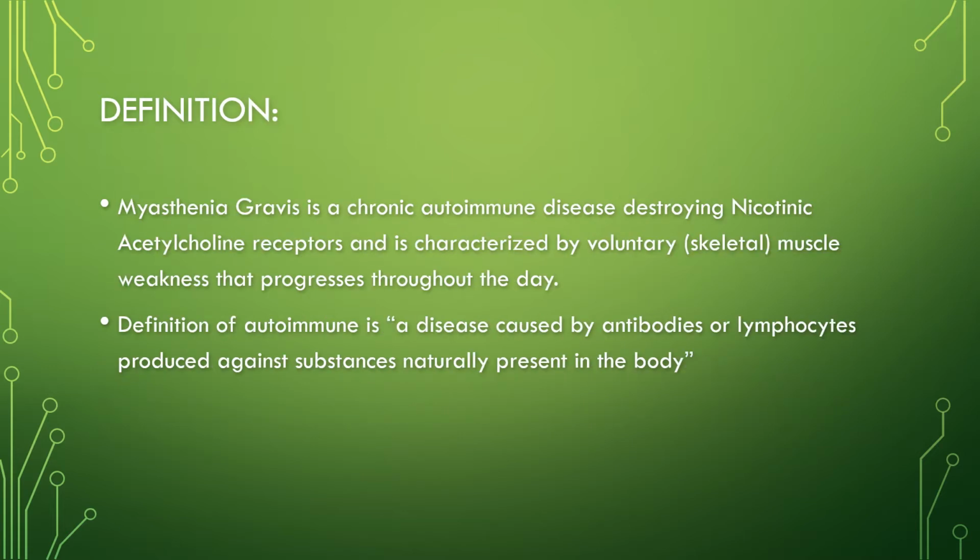Myasthenia gravis is a chronic autoimmune disease that destroys, in particular, the nicotinic acetylcholine receptors, and that is found in the neuromuscular junction. And it is characterized by voluntary muscle weakness that progresses throughout the day. So voluntary muscles would be like the muscles for speech and swallowing. And just to remind you that the definition of autoimmune is basically the body is just attacking itself for no